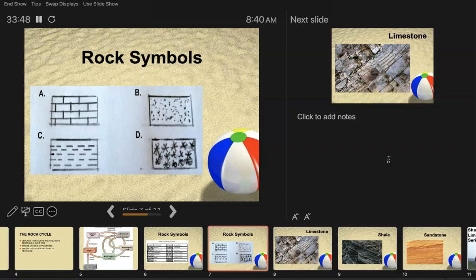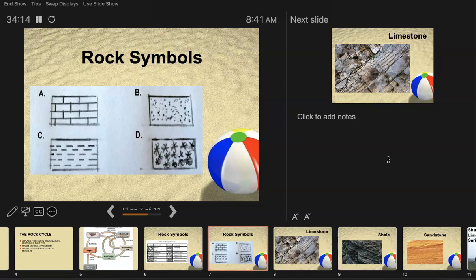And then lastly, D, those little asterisks there, those little stars, those are supposed to be crystals. And that is just a generic symbol for igneous rock. We're not breaking it down into what kind of igneous rock, basalt or granite, we don't care. Somebody out there does care, and like you saw, there were a whole bunch more symbols on that other sheet. We just need a generic igneous rock